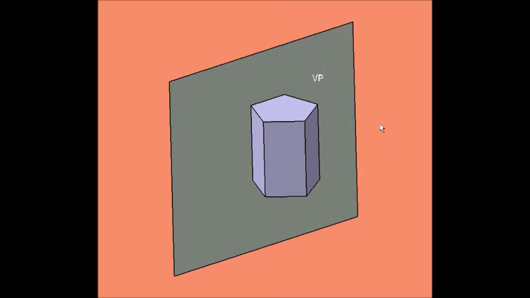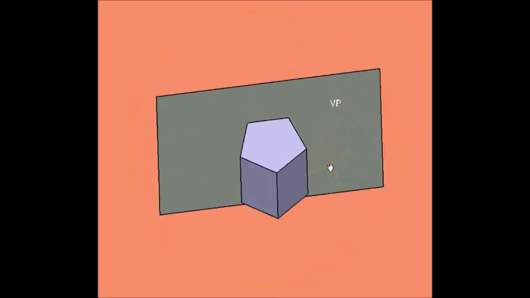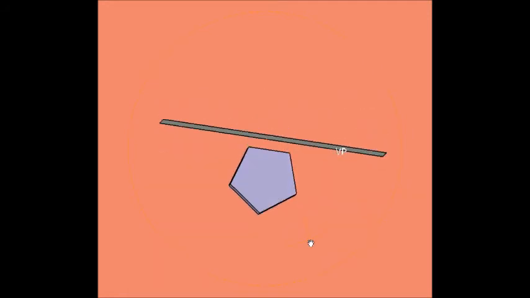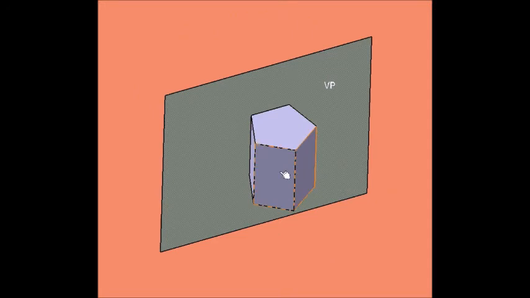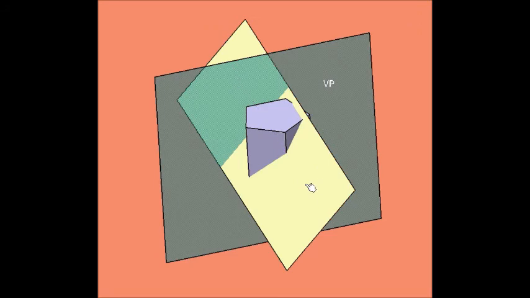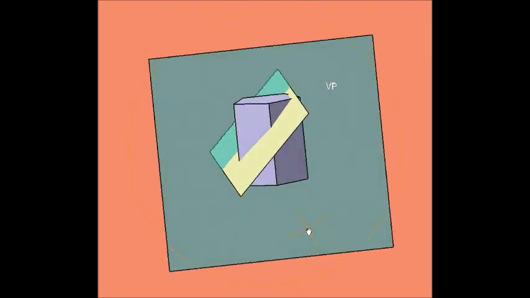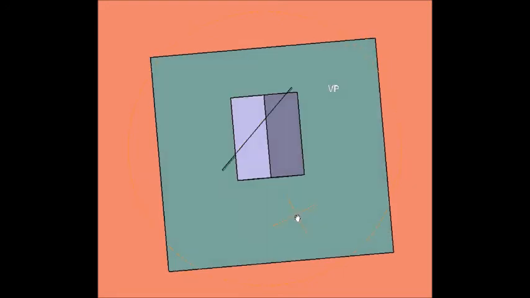Here you can see a pentagonal prism placed in front of VP, and you can see there is one rectangular face parallel to VP. These are the two adjacent rectangular faces which are equally inclined to VP, and they are near the observer. Observer will be in the front here. Now this yellow color object is a plane. It is called the section plane, which is perpendicular to VP. So in the front view, it looks like a line.